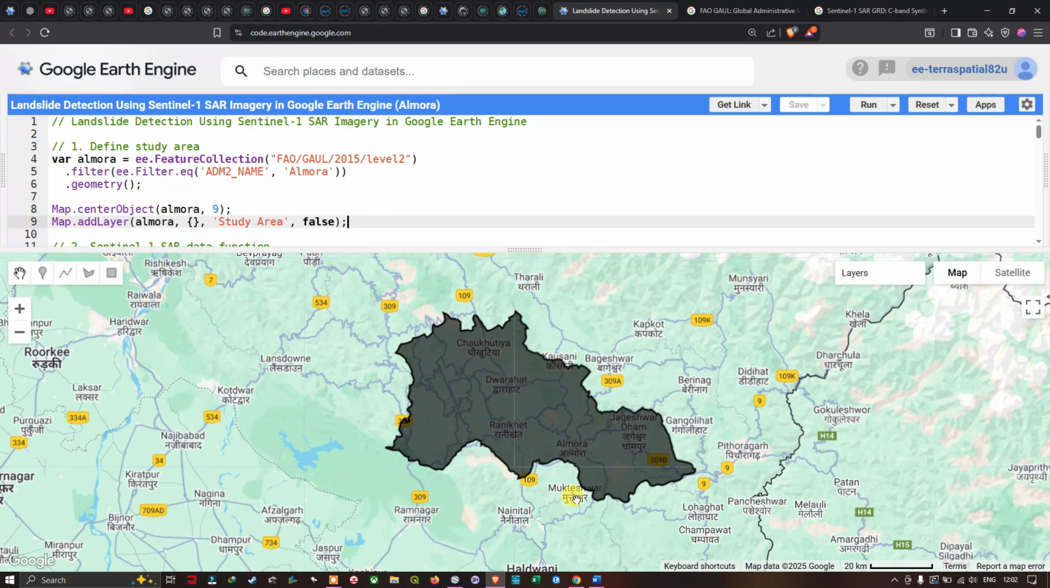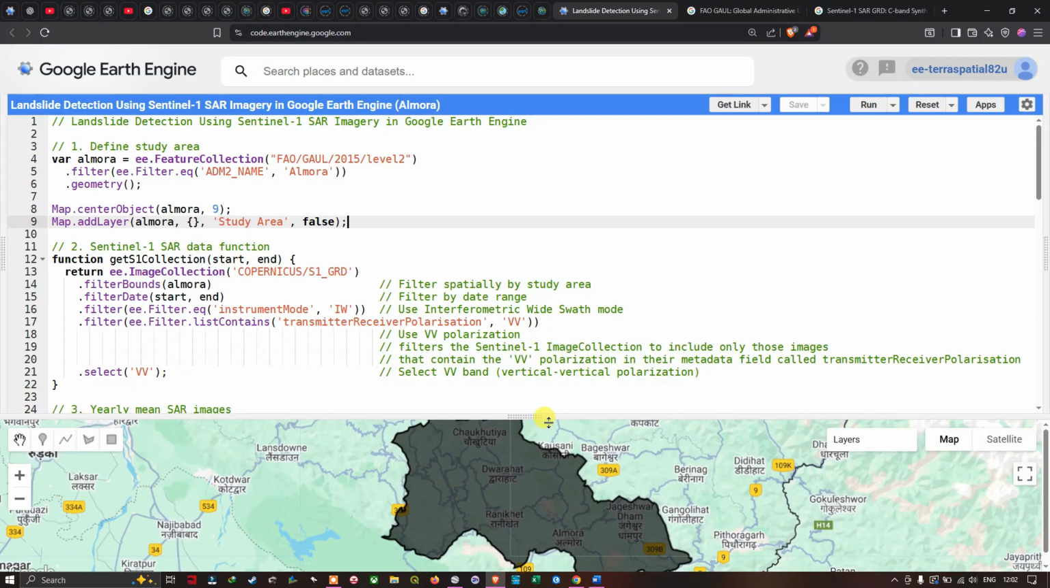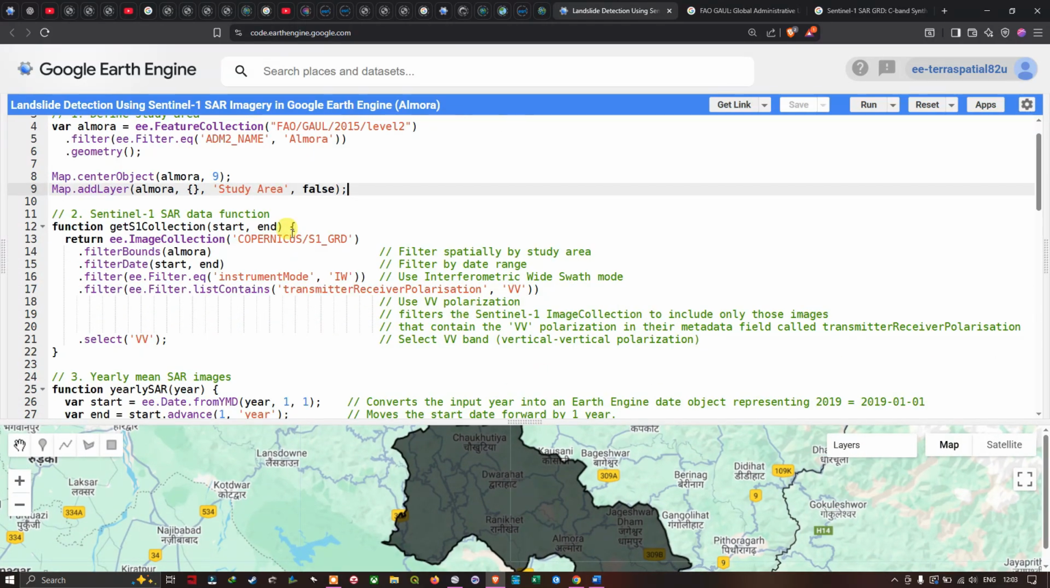So in the next step, we're going to create a function to access the Sentinel-1 SAR imagery, and we're going to apply a set of filters and pre-processing to the Sentinel image. To do that, first we're going to define a function called get S1 collection, and we're going to mention the start and end. The start represents the starting date of our analysis, and end represents the end period